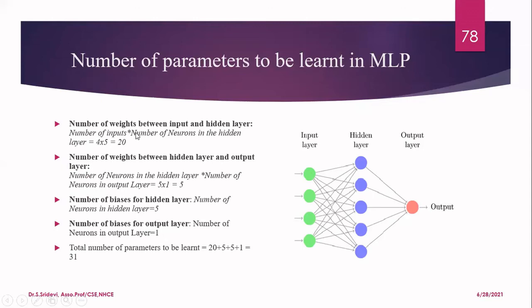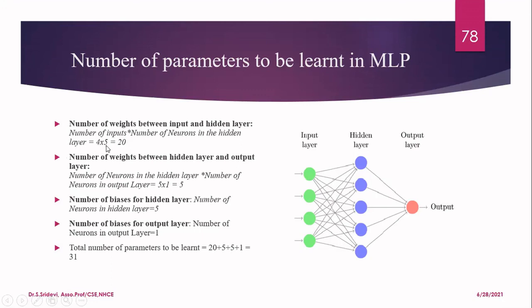Always remember, the number of weights between input and hidden layers is what I am going to calculate now. If you consider here, we have so many weights. How many weights will you have? This is called a fully connected network. What is the meaning of fully connected network? Every neuron will be connected to every neuron in the next layer. That is called a fully connected network. So here, I have 4 neurons in the input layer. Each neuron is connected to all the neurons in the hidden layer. That means each of the 4 neurons will be connected to each of the 5 neurons in the hidden layer. So totally I have 20 connections.